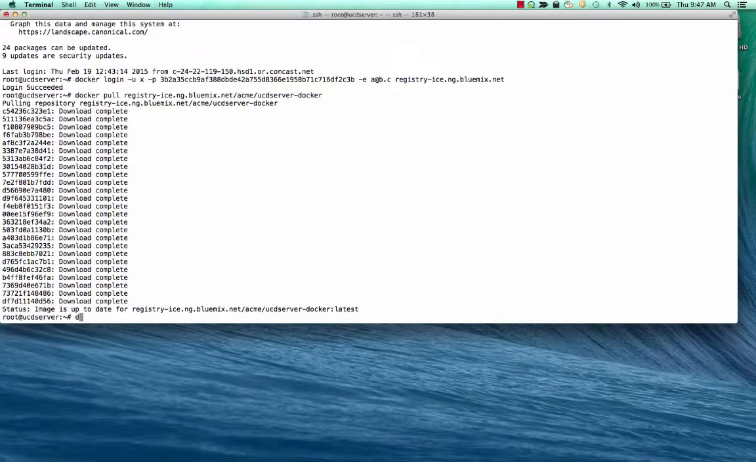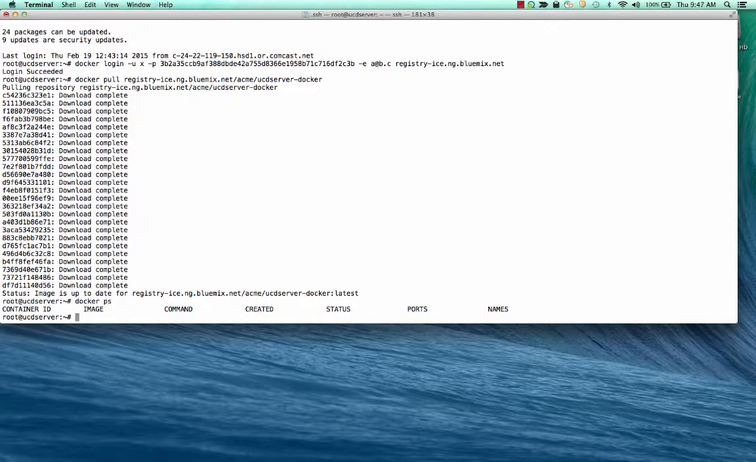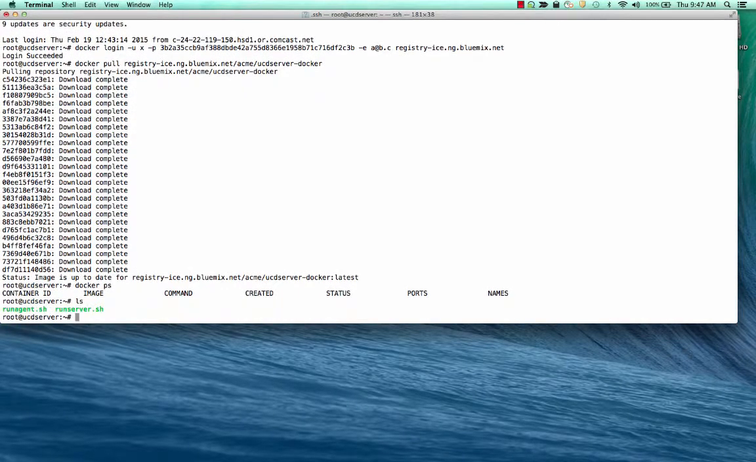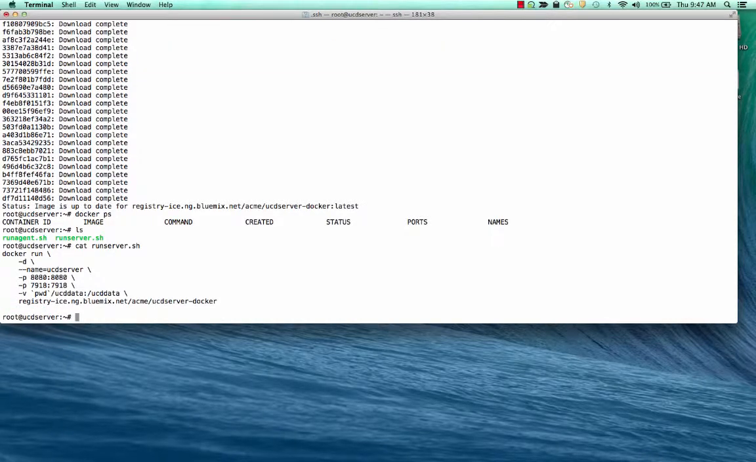I'm going to log into the registry that contains the UCD server Docker image and download that. We can see that currently there aren't any images running. I wrote two simple shell scripts that will run the agent and also run the server on this computer. You can see that running the